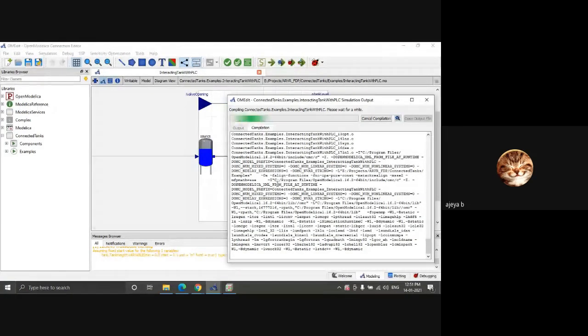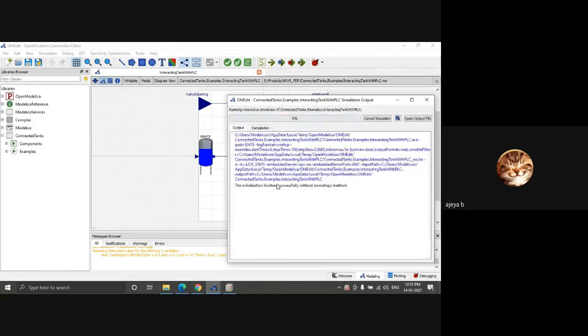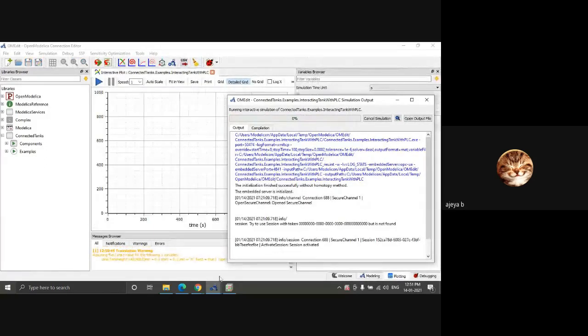So up till this point, there won't be any change. Once you start the simulation, you can see the change. It'll be much faster. It'll finish simulating much faster because now it's not doing real time.